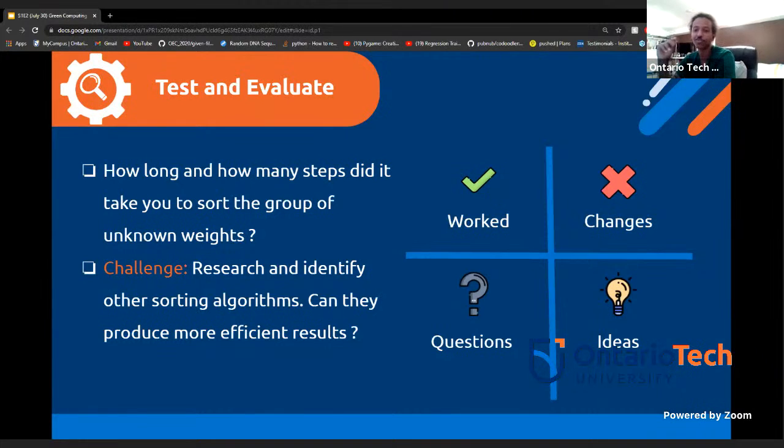We have an answer from Nishtika. When you pick a sorting algorithm, is the algorithm chosen used for all sorting situations, nearly sorted, unsorted, or can you choose different sorting algorithms to use in a certain situation? So when you pick a sorting algorithm,